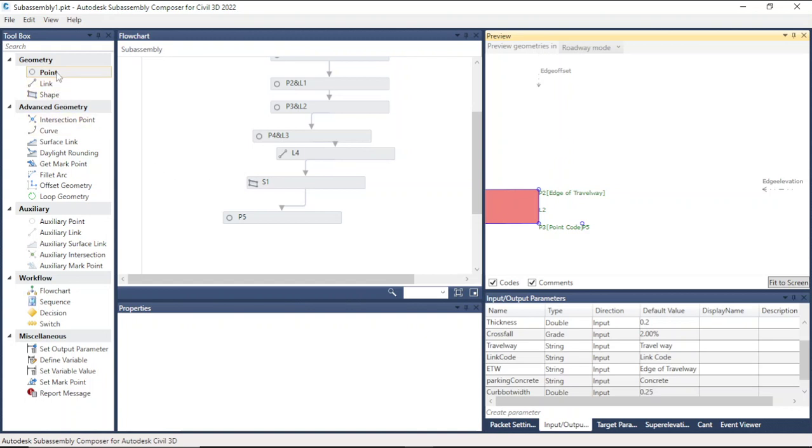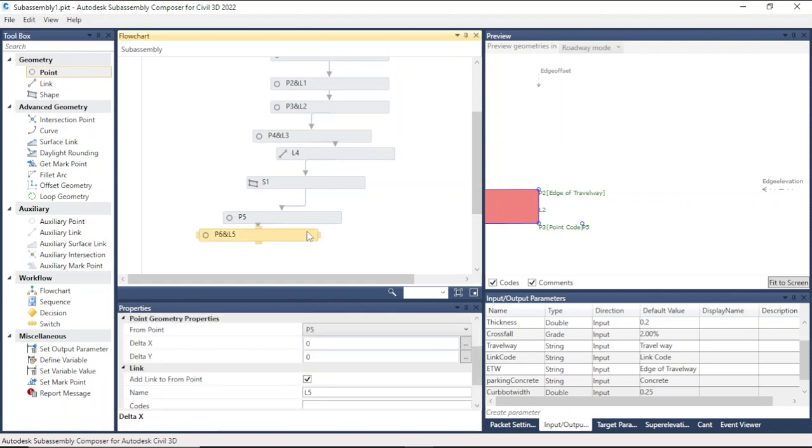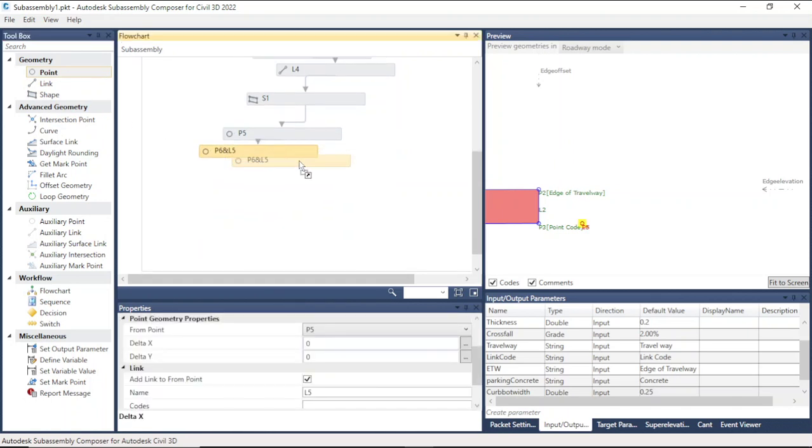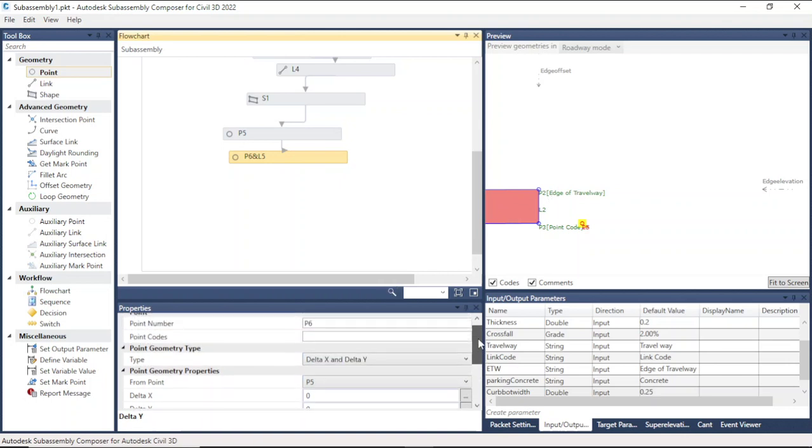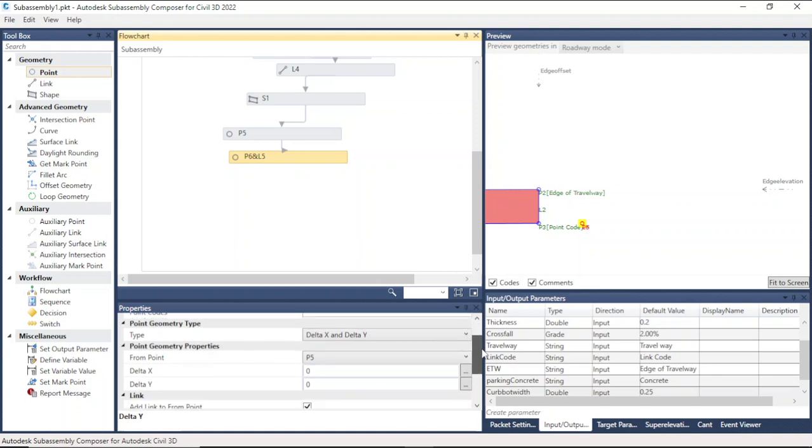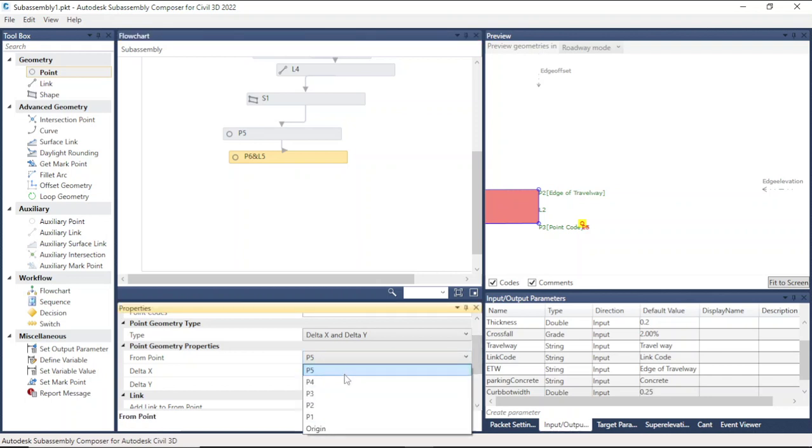So we bring another point, and this point will be from P2, that is from P2,